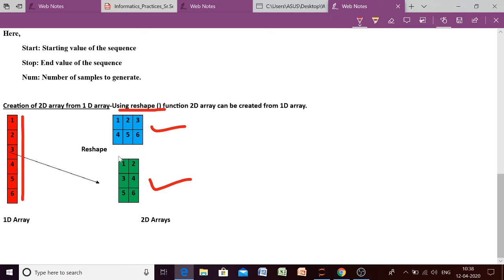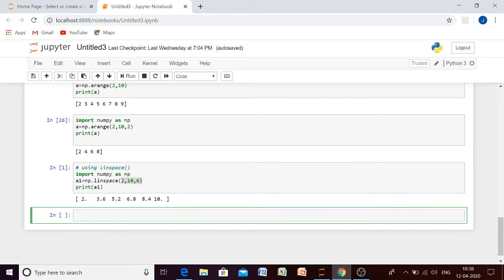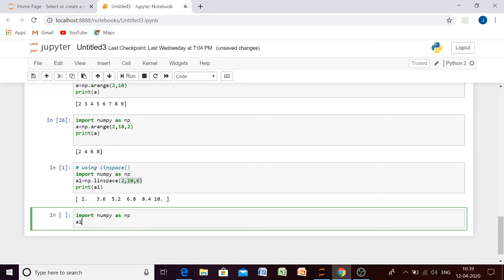But if you want the 2D array as the second case, in that case number of rows will be what? 3, and number of columns will be what? 2. So let us create, bete. So suppose we are having NumPy as NP. Okay, let us create first